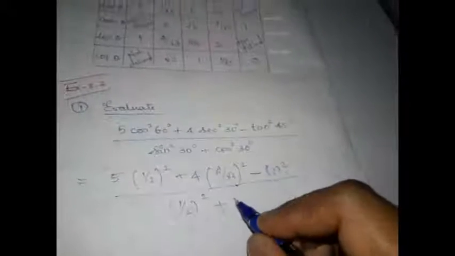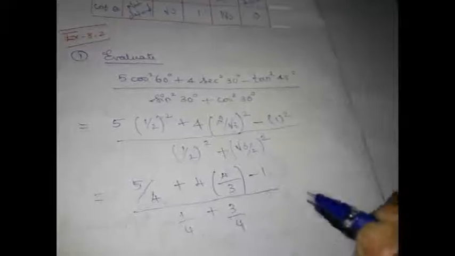1 square, the whole divided by, what is sin 30? Sin 30 is 1 by 2. 1 by 2 the whole square plus what is cos square 30? Cos 30 is root 3 by 2. So root 3 by 2 the whole square. Right? Now we need to simplify. 5 by 2 2s are 4 plus 4 into 2 square is going to be 4. Root 3 into root 3 is 3, minus 1, the whole divided by 1 by 4 plus root 3 square